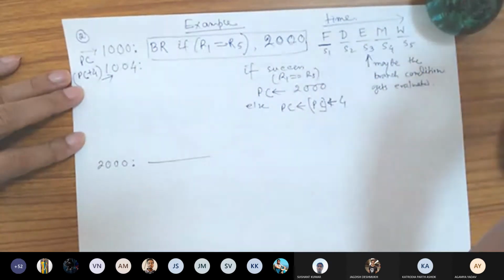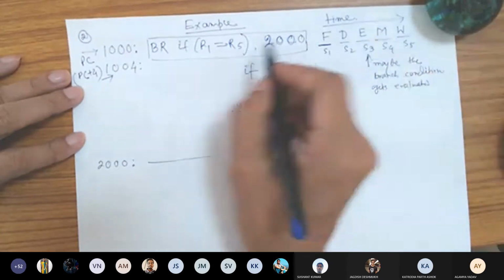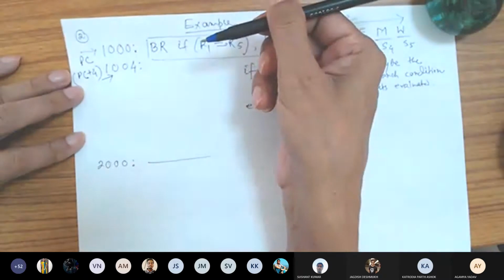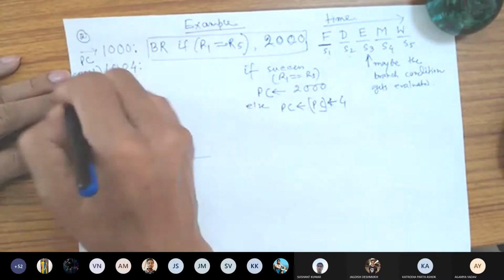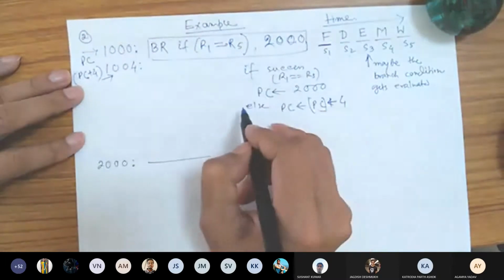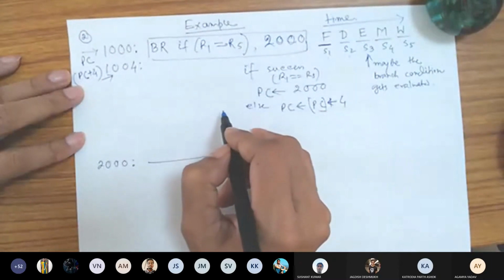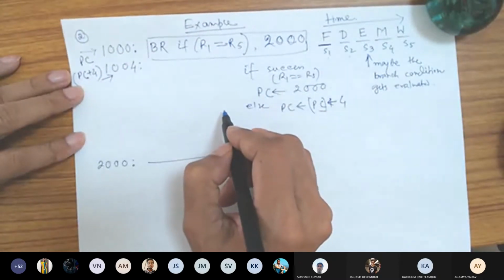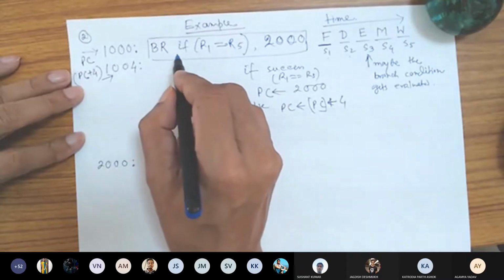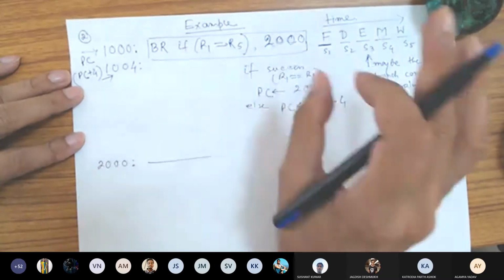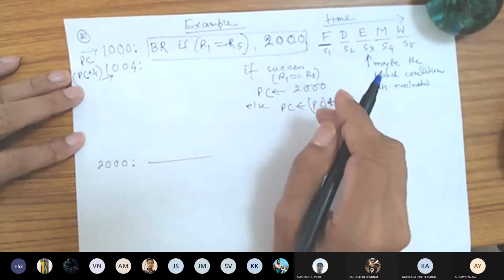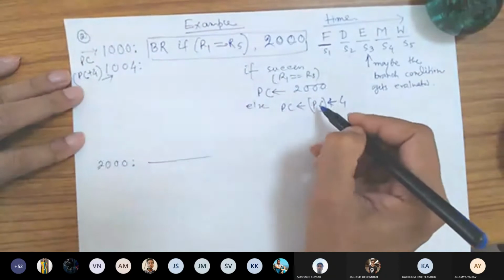The address is already given to the memory. By the time memory delivers this instruction to the data bus, you can increment the program counter value. But that increment may not be the final increment. This increment, if it is a jump instruction or branch instruction, may need to be discarded. And you need to load the program counter with a new value.